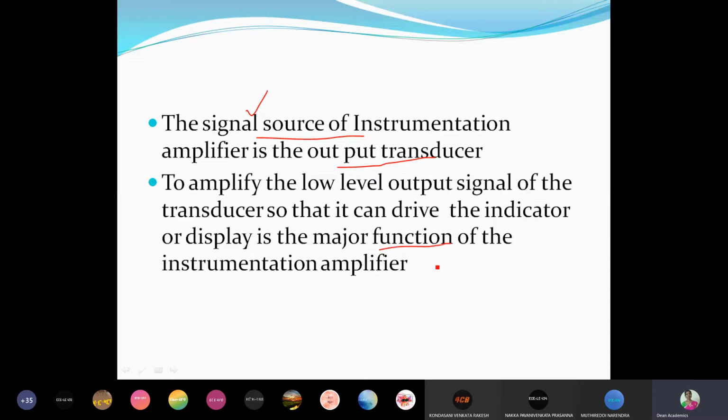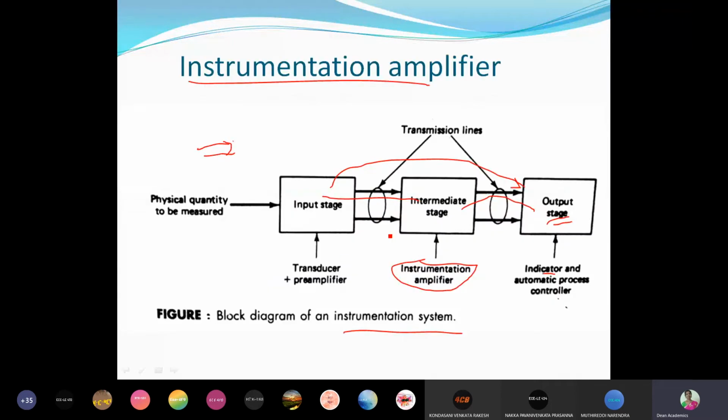What is the major function of the instrumentation amplifier? To amplify the low level output signal of the transducer, right? So that it can drive the indicator or display. That is the major function. There are different transducers, and different instrumentation amplifiers available, right? Instrumentation amplifier ICs are available, and